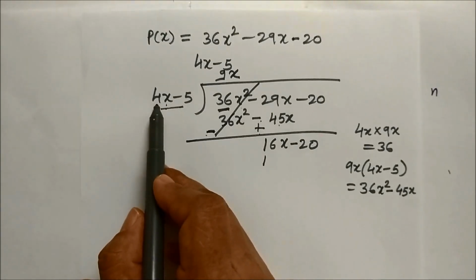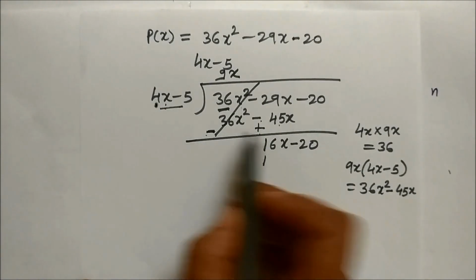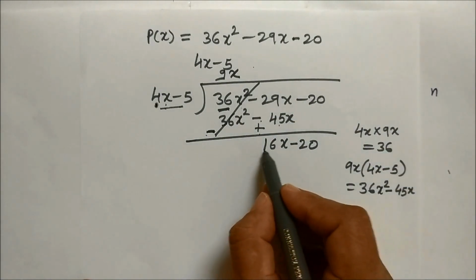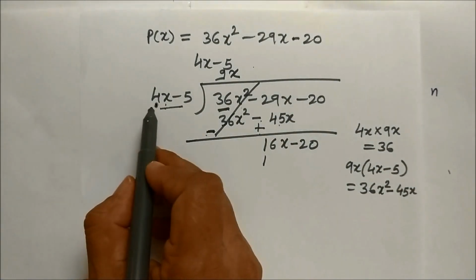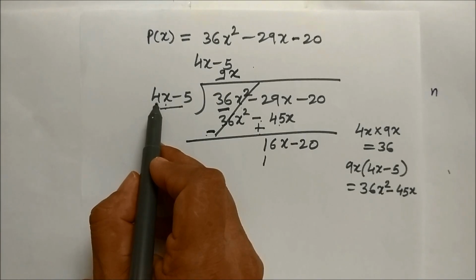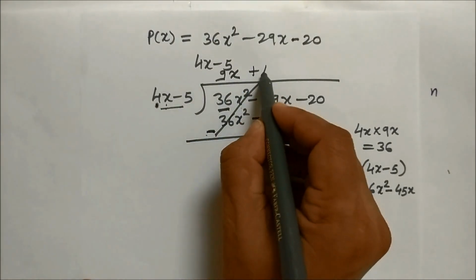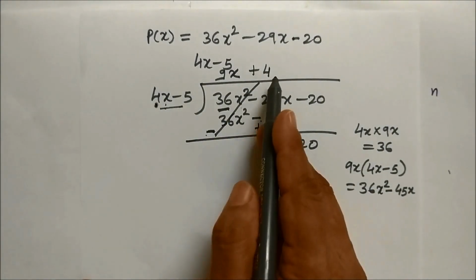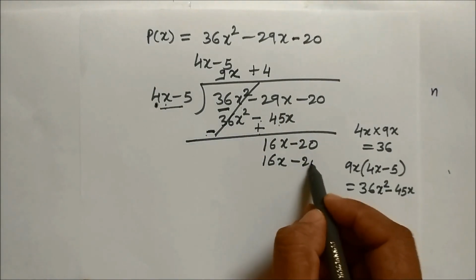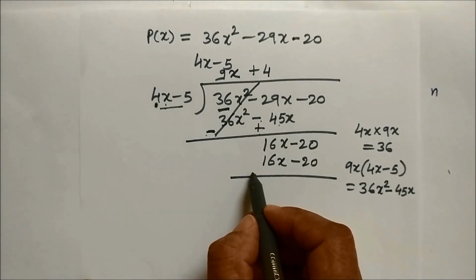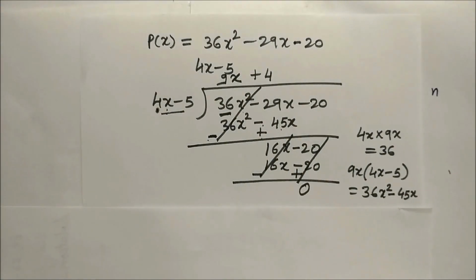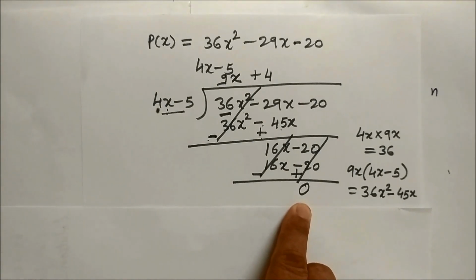So in this part we have to multiply 4. 4 4s are 16, and here x, here also x. So we will take here only 4, and here there is 16x with positive sign. So we want here 16x with positive sign. So we will multiply it by plus 4. 4 multiplying in this is 16x. 4 multiply in minus 5, it becomes minus 20. Again we will subtract, minus minus plus, cancel this. Here we have got remainder 0.